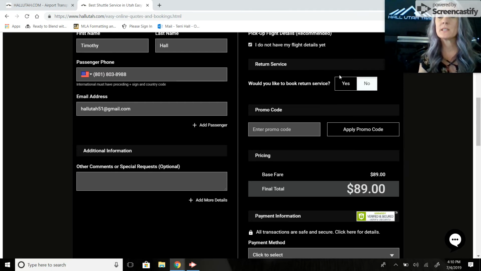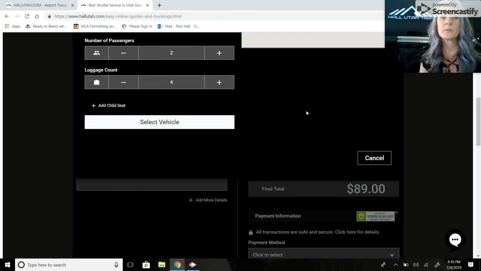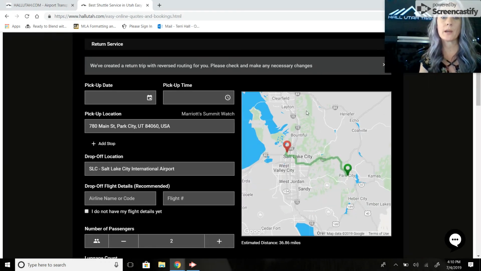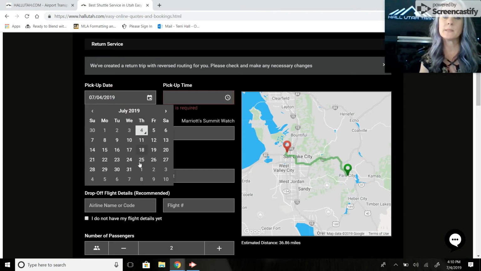This return service is for round trip bookings. So if you'd like to book a return service, you're going to say yes. What this will do is open up the same screen you filled out prior, but it's going to reverse all of your routing information for you. So all you really have to do here is do your pickup date,